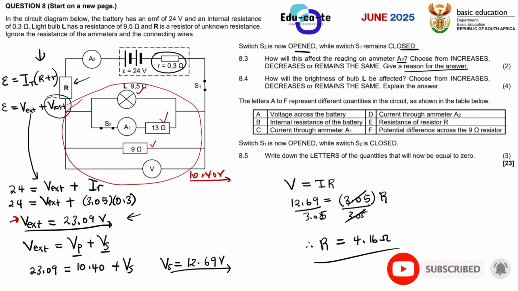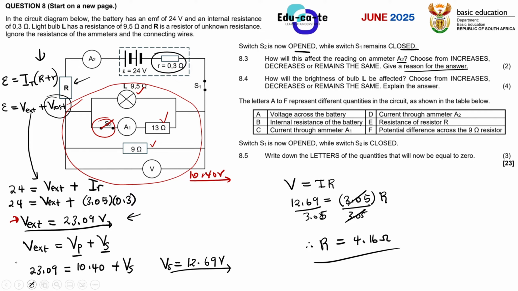When we open a switch, it simply means that we are stopping, or we are blocking current from passing through that path. So here in this case, if I open the switch S2, you can see this is switch S2. The moment it becomes an open switch, let me just open it here. So I have opened switch S2.